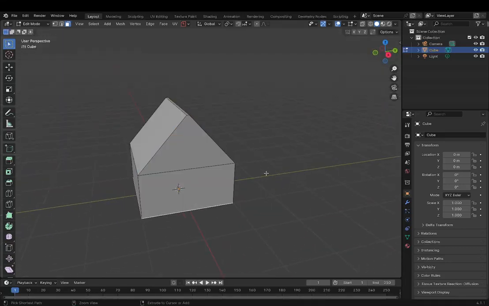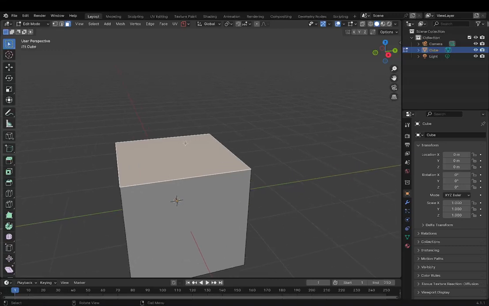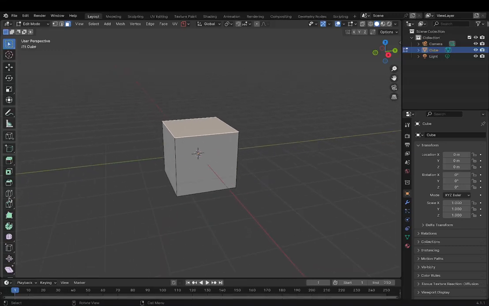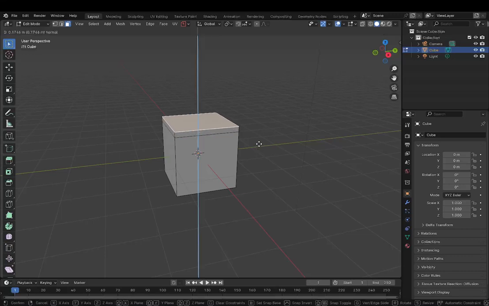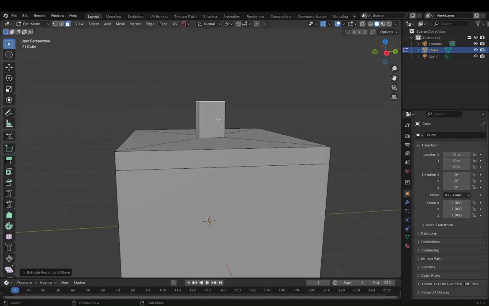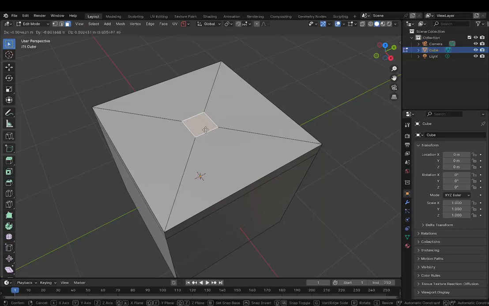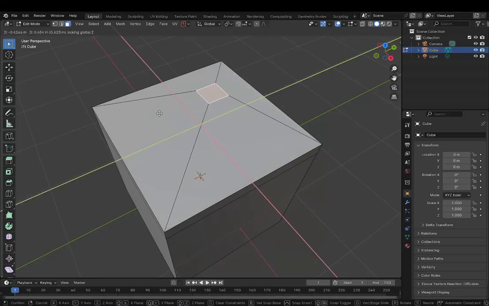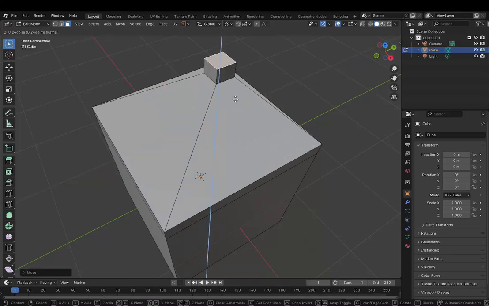Now we have a house like that. Now let's go back to our default cube. Now let's say we want the house to have just a flat roof, but then another small building on top. Well, we can extrude it and then inset it and then extrude it again, and you see we have a small building poking out of the roof. You can also, using the Shift Z technique, move this object to anywhere you want on this face. So if we want the tiny building to be here, we can do it.